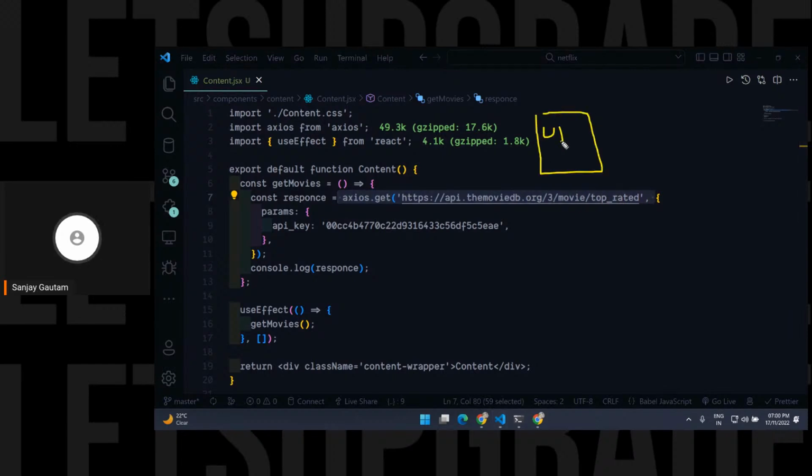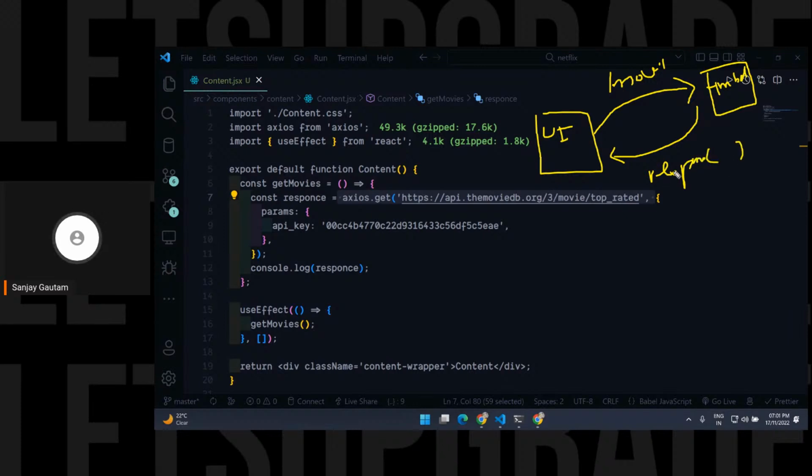So this is our UI now. It is going to send a request to TMDB, like, please, give me the movies. And this TMDB is going to send me a response with all the movies. And this Axios is going to give me a promise that it's going to give me some response sometime afterwards,